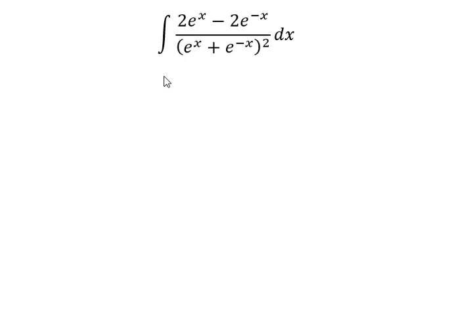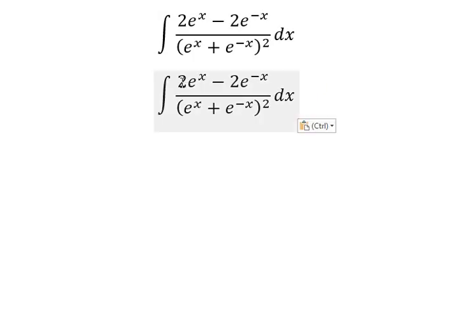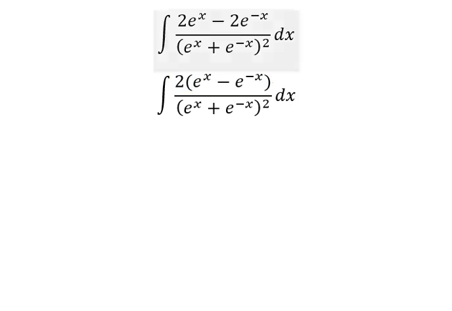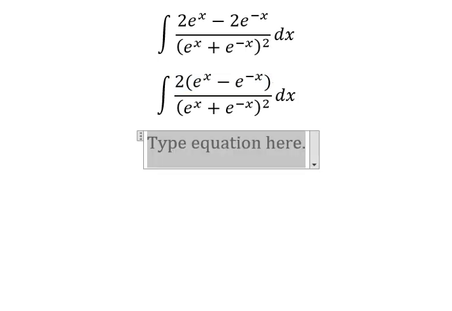The topic is about integration. Now I want to show you how to answer number 2, and for number 2 we can do factorization. Next we can use integration